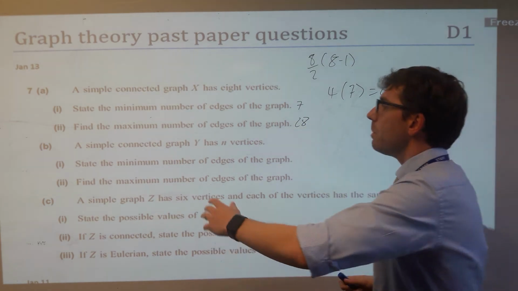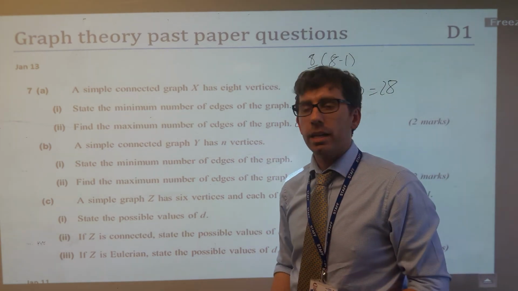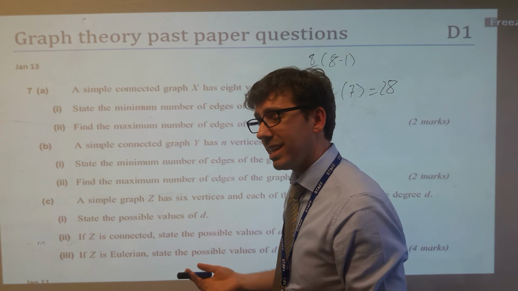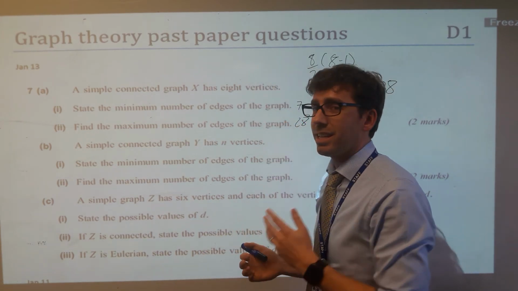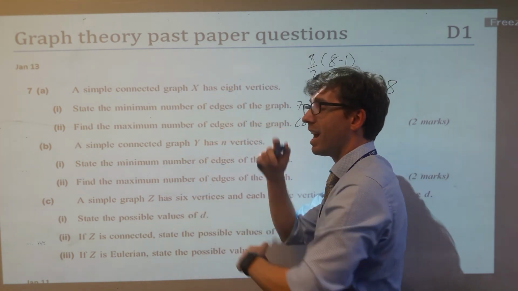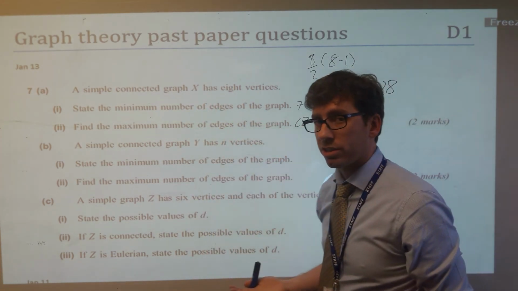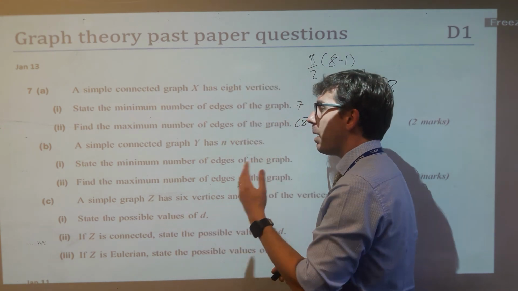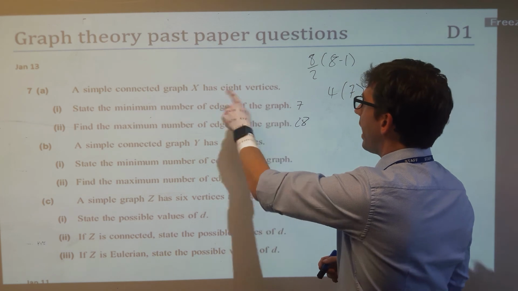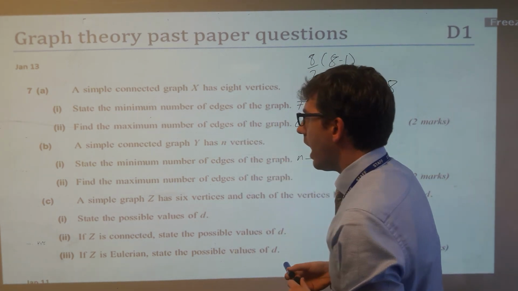So moving on, a simple connected graph Y has n vertices. They love doing this. They ask you it with numbers, then they ask you it with n. Personally, I think it's a bit redundant, because chances are you can't do this unless you know the n. In fact, it probably would have made more sense to have them the other way around. This allows you to get the marks if you draw an octagon and draw lots of lines. But chances are, if you've got that right, it'll be because you know this. So how did we get from 8 to 7? It's because we knew that it was n minus 1. Okay? So this